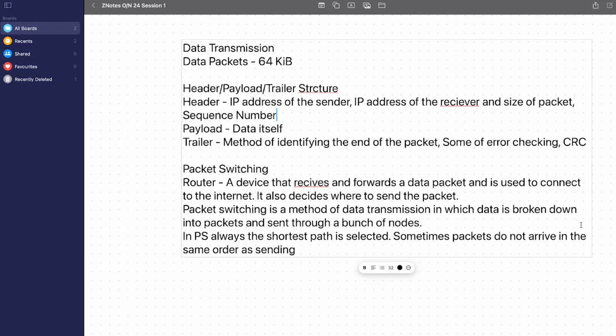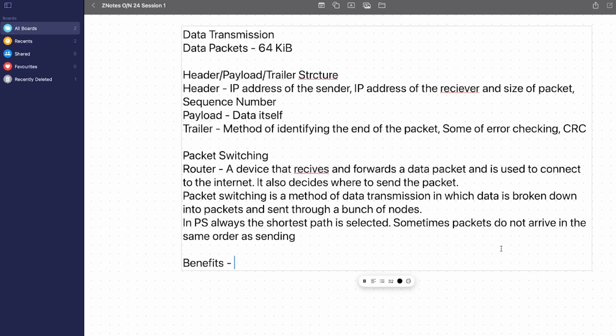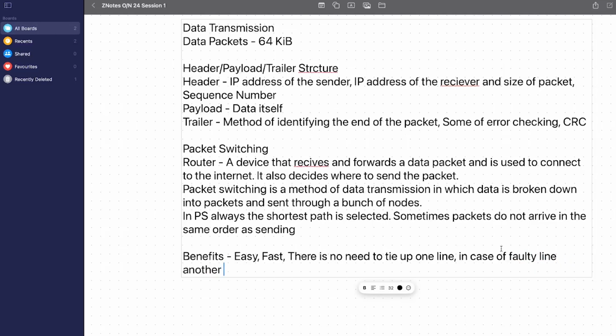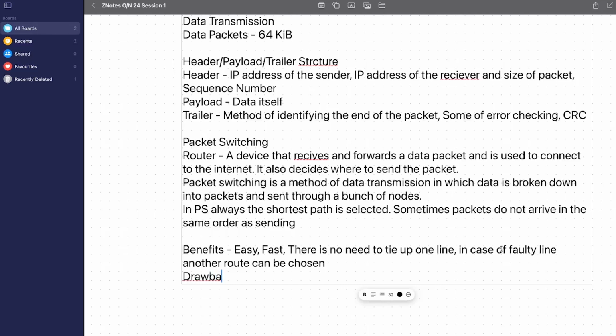Now the benefits of it. All right, you want to learn the benefits. It's easy, it's fast, and there is no need to tie up one line. And in case of a faulty line, another route can be chosen. But the drawbacks are that packets can be lost and there is a delay